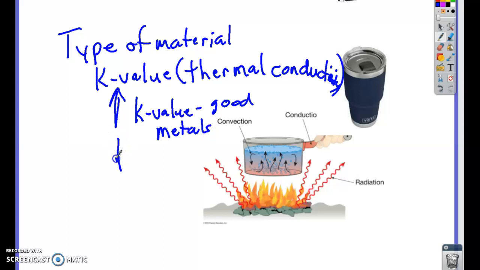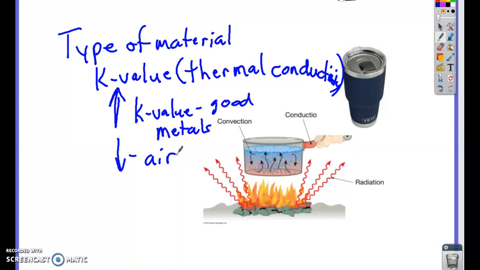If you have a low K value, things like air, for example, a lot of glasses just have air trapped between the walls, and that helps decrease the rate of flow because it is not a very good conductor. If you think about a Yeti cup, even though it's made out of metal, the heat has to travel from the metal,